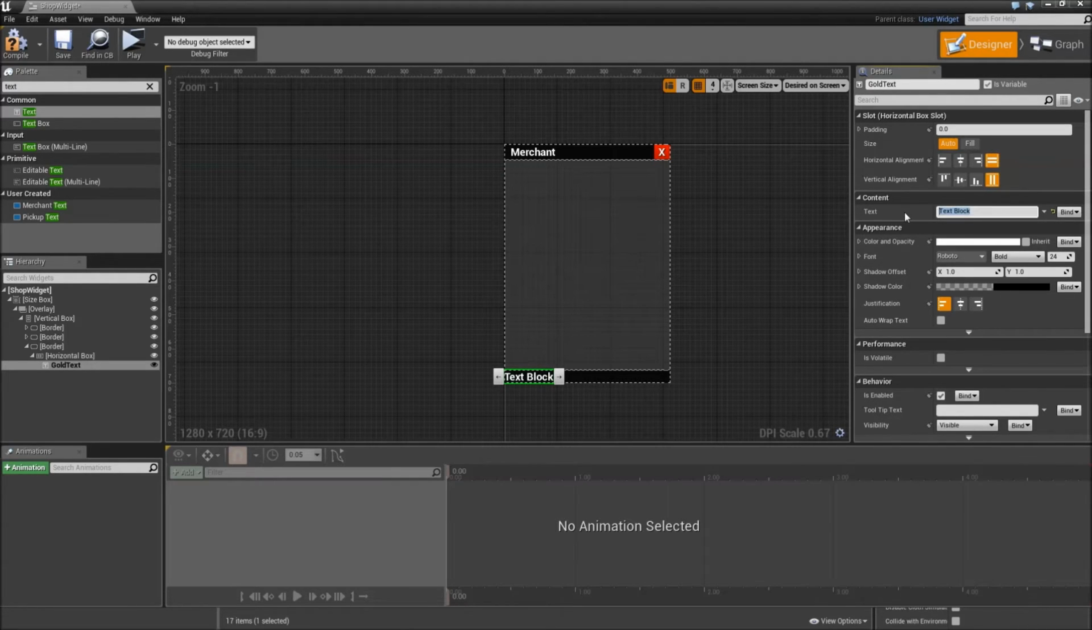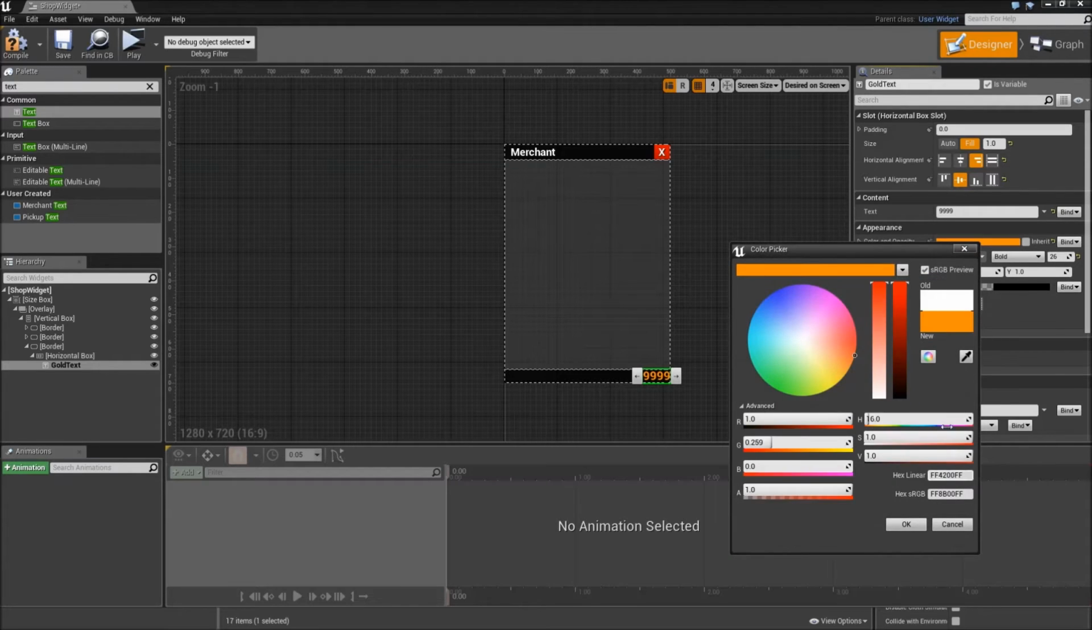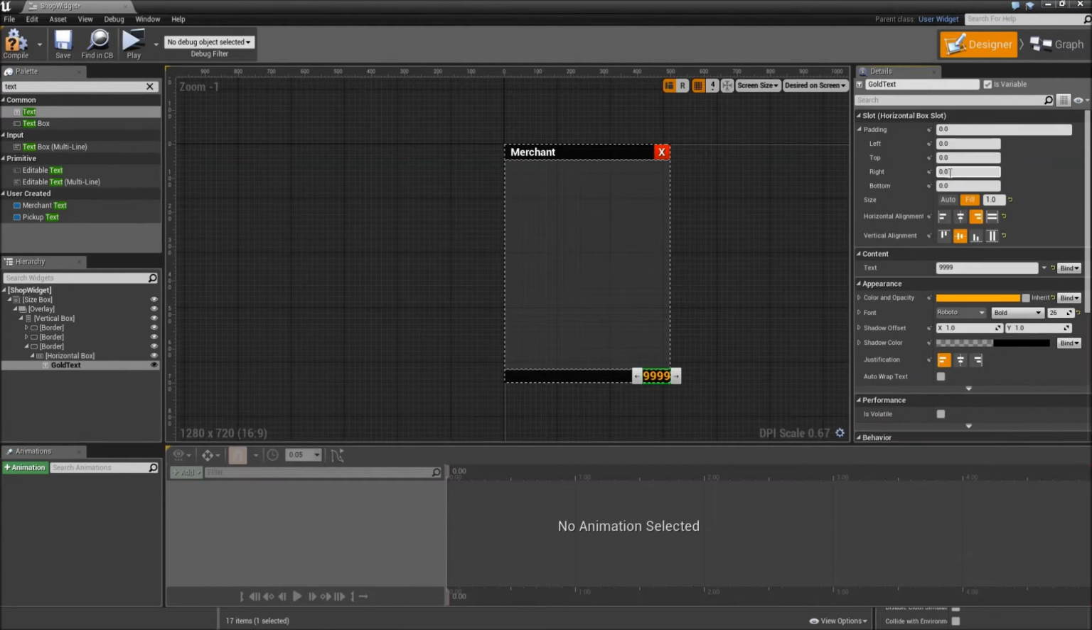The default text can be 9999 again. Set that to fill and horizontally align right. Vertically center. Can increase the font size to 26. Color will be orange. Also give it a padding of 10 to the right. Then